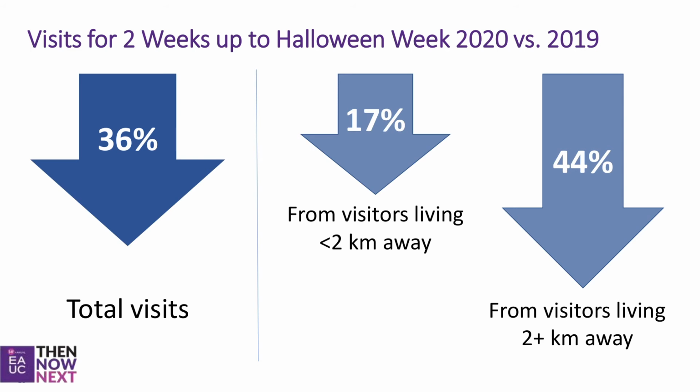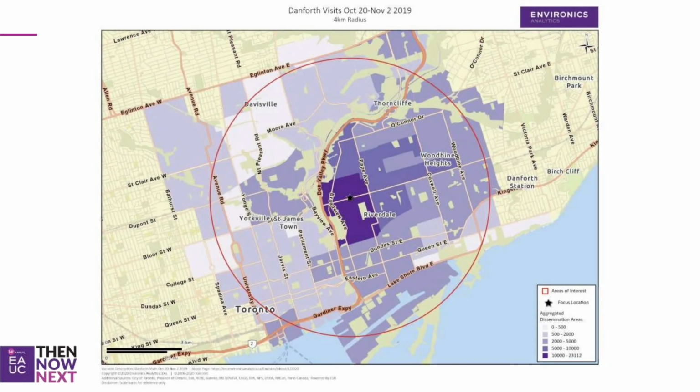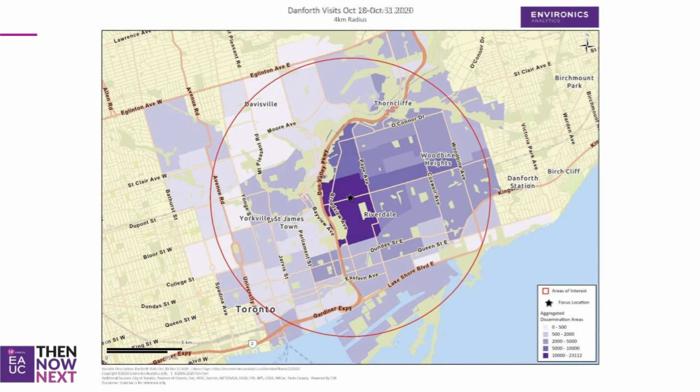So those businesses are relying on that much more local population to sustain them. If we put that another way, last year that 2-kilometer zone generated 29% of visits. In 2020, it was up to 38%. So those people who are close in are really important. If we flip between the 2019 and 2020 maps of visits to Danforth from the surrounding areas, you can see